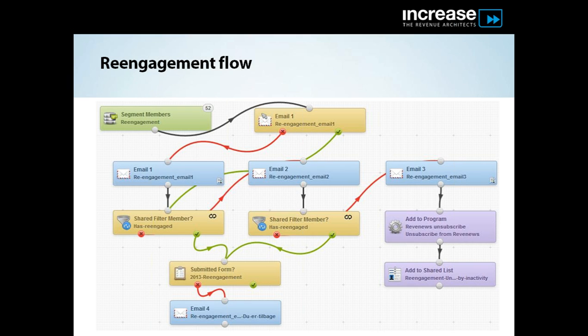I hope, of course, none of you attending this webinar will ever experience this, but if you do, you will receive some re-engagement emails where we are talking about all the benefits of engaging with Increase and subscribing to our newsletter. And at the end, if you don't react on a few notification emails from us regarding this, we will at the end unsubscribe you from our subscription list. So these were just a few examples from